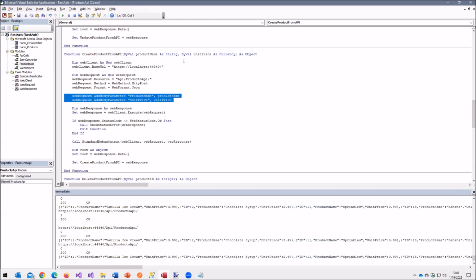So I'm creating for the first time a body in my web API call, and I'm passing in the field names, product name and unit price, and I'm passing in the values that I passed in via the query string. Other than that, it's exactly the same. Web response, execute web request, set root as object, and pass it back as the response to the calling function. Any questions on that?